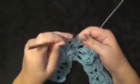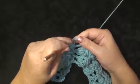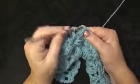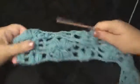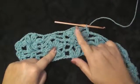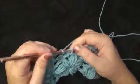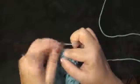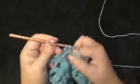We put our hook right through here. Just find a loop to go through. Do the best that you can, just like that. And this is what we have completed. We have a big flower here and a big flower here. Work a chain 3, single crochet in the next single crochet, chain 3, work a half double crochet in the next half double crochet,